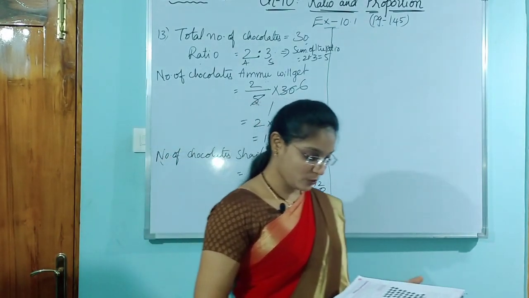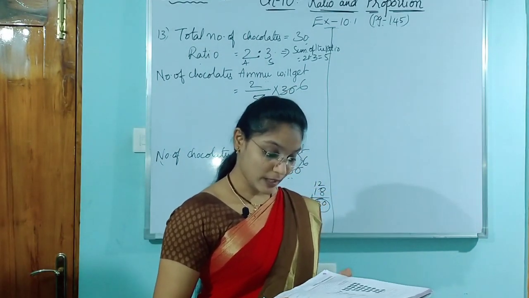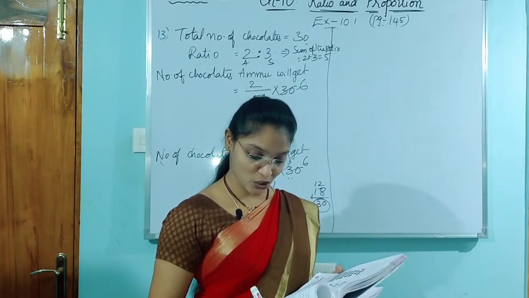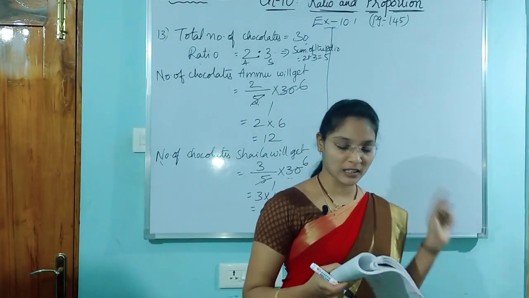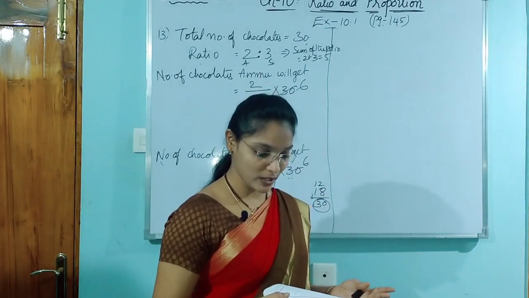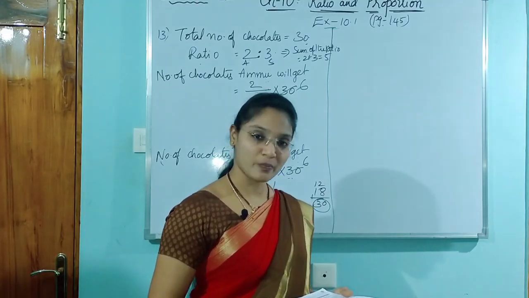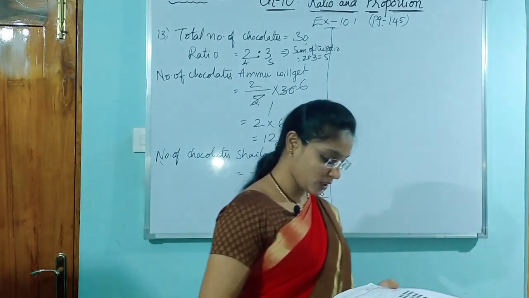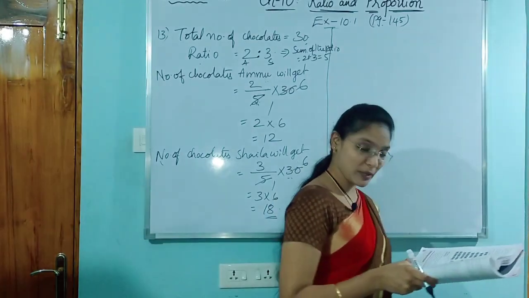Now the 14th one. The ratio of ages of Amrita and Isha is 5:8 and the sum of their ages is 26. Find their ages. Just like 13 only, no? The ratio they give, the sum of their ages they have given. We have to find each one of the person's age. Okay, so the 14th one is your homework, children. 15th one, divide the amount in the given ratio. 3 bits are there. 1 to 2, A and B I will explain.